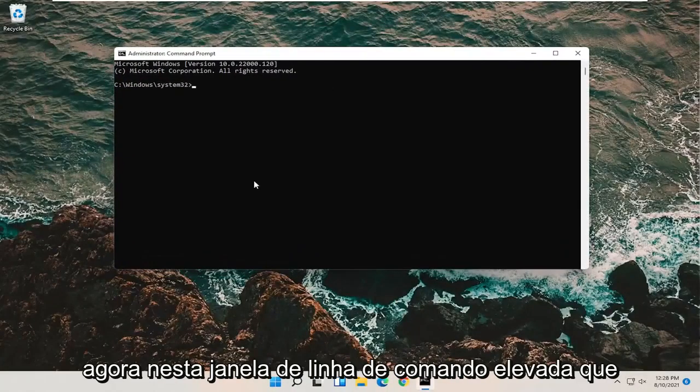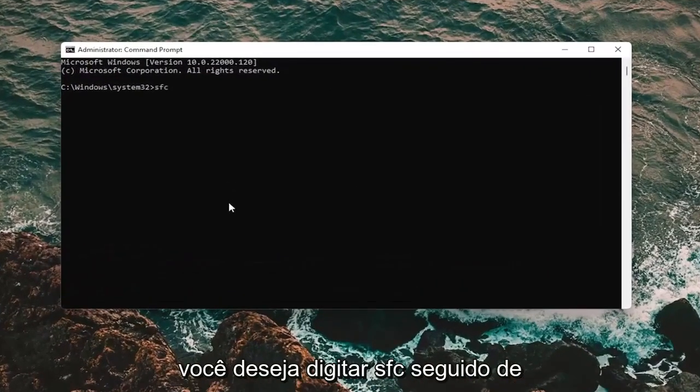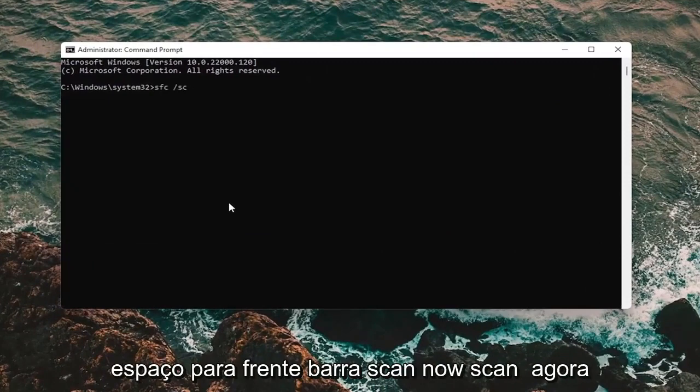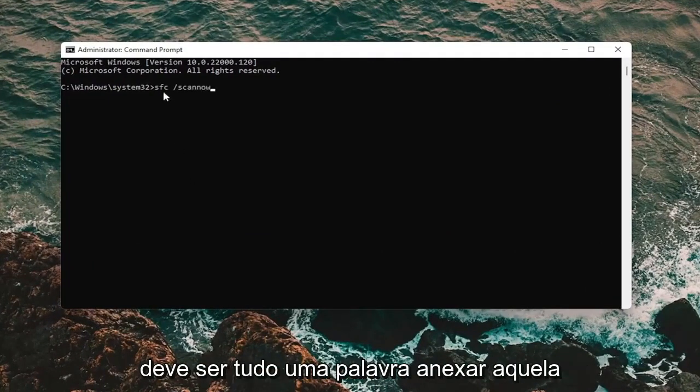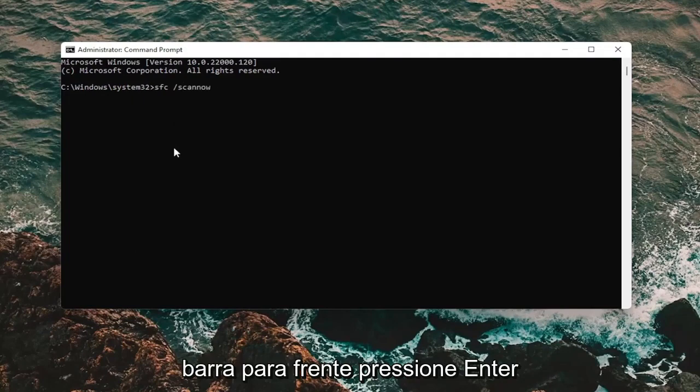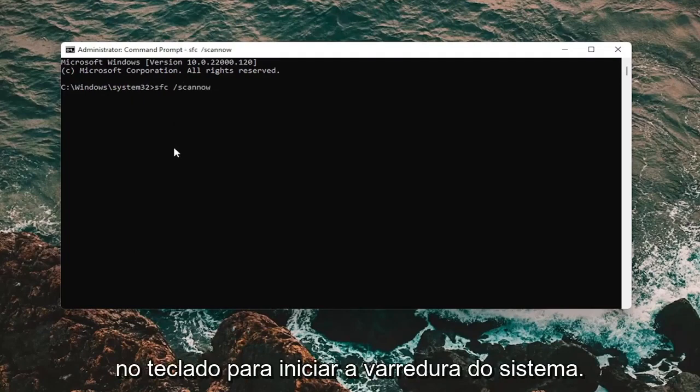Into this elevated command line window, type in SFC followed by a space and /scannow. Scannow should all be one word attached to the slash out front. Hit Enter on your keyboard to begin the system scan.